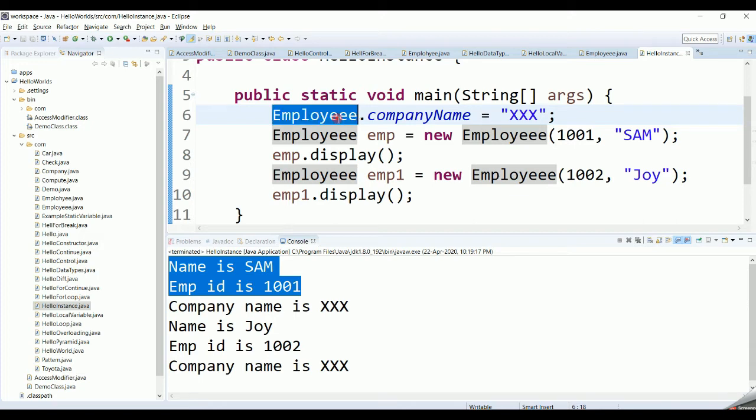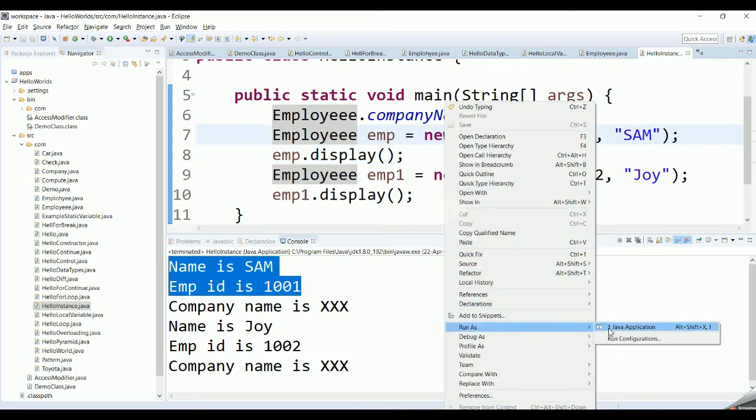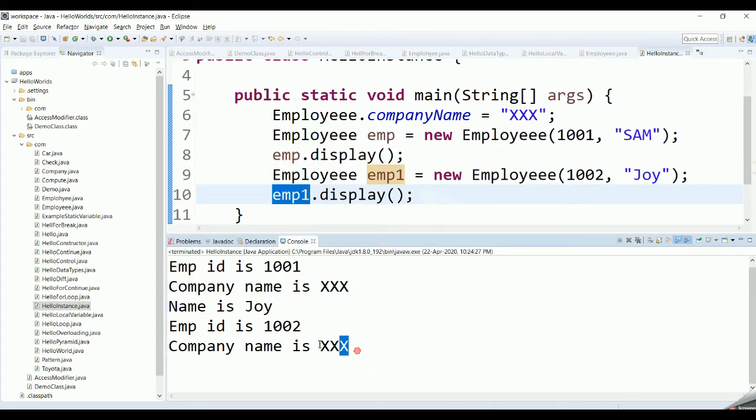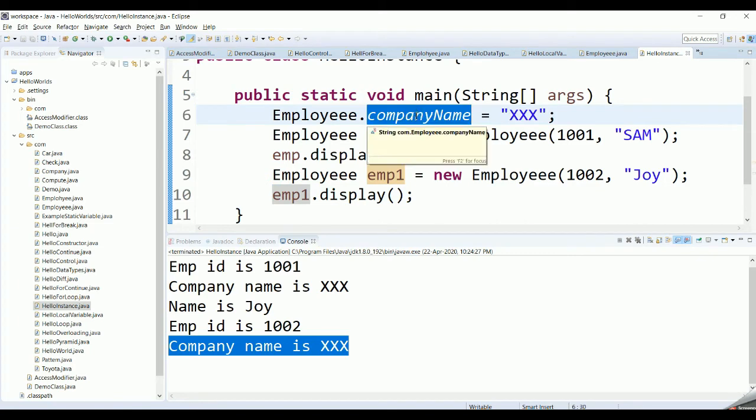You can directly access it using the class name. If you set a value to that particular static variable and run this program, even though you call the display method using two different objects, the value of the company name remains the same for both, as we have altered the class variable called the static variable.